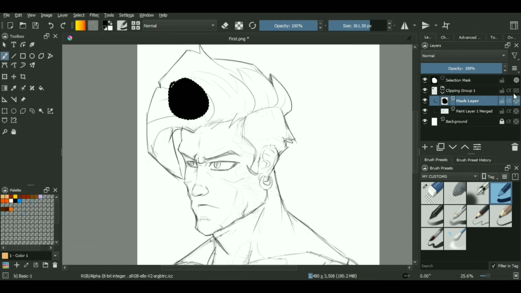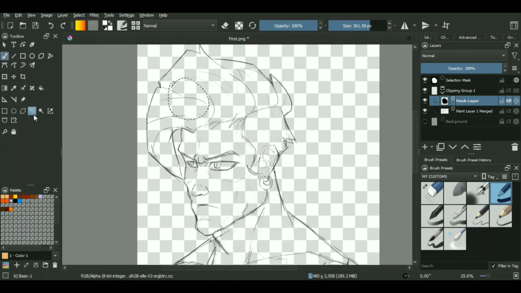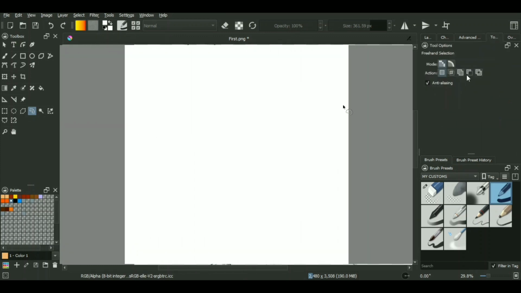And for this purpose, we will be using the freehand selection tool. In Photoshop, people call it the lasso tool. After you have selected the freehand tool or the lasso select tool, just go to the advanced tool options over here. These are some of the advanced selection modes. The first one selects the area normally. If you make a selection and move to another one and make another selection, the previous one will disappear. This is how the normal one works.